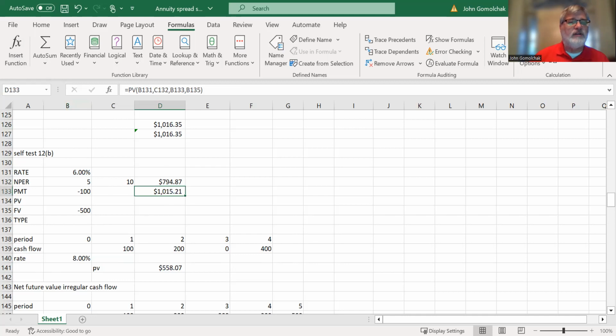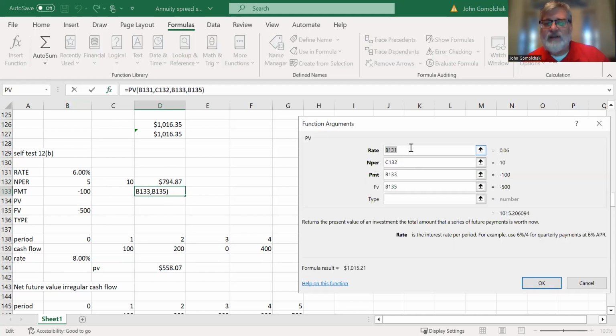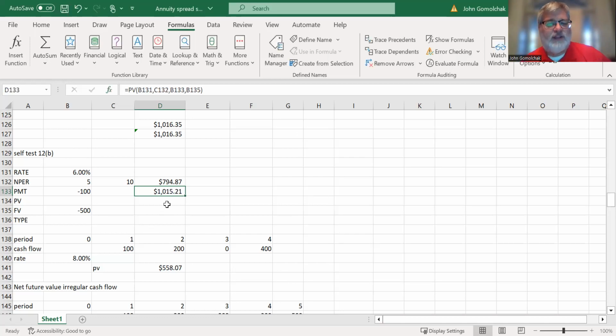Actually, it's this here. So it's going to be B131. Rate is this one here. Payment is this one here. The future value is this one here. You click, let it do the calculation, $1,015.21. Exactly what the